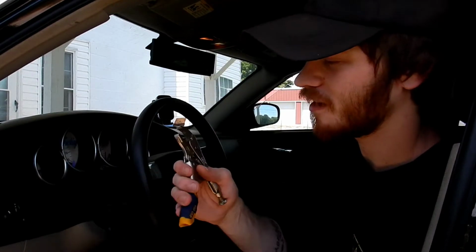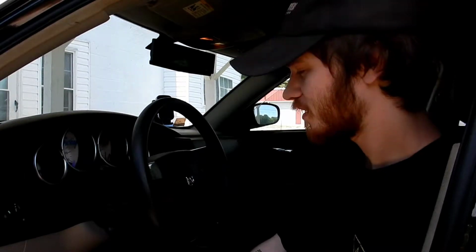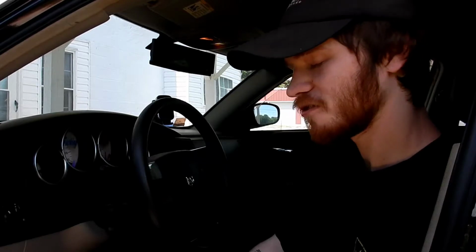Like 2 years ago, originally the handle broke, and so then I just had to use vice grips, and that's all I've been using since. But yeah, now it's to the point where I can't grab any of the wires, and so I can't pop the hood. So I got the Dremel,